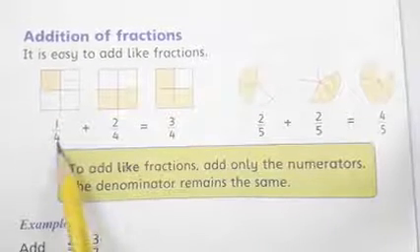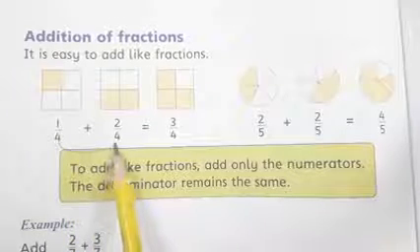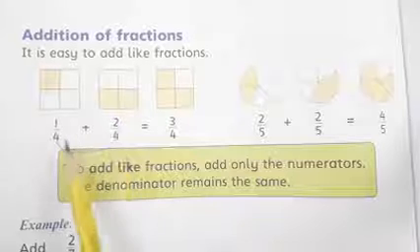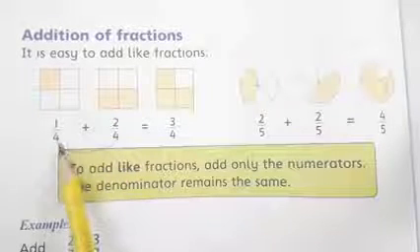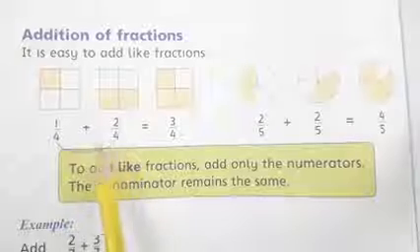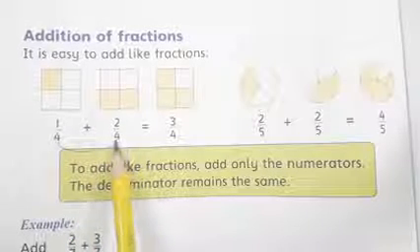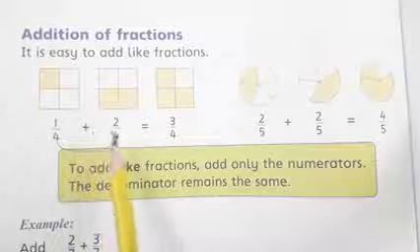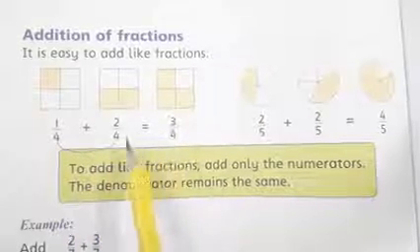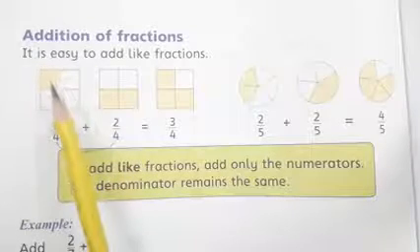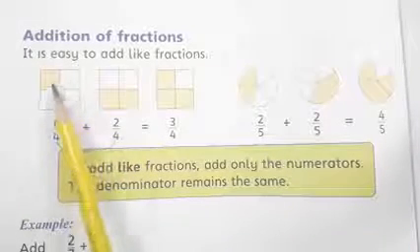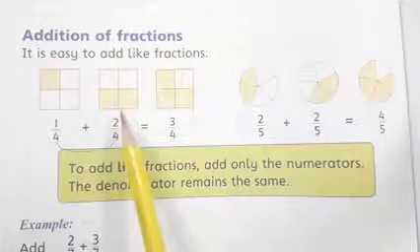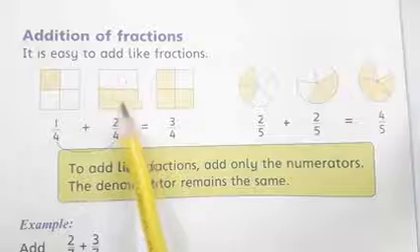Students, both of these are denominators. If the denominators are the same, like 4 and 4, it is a like fraction, and if the denominators are different, it is an unlike fraction. As you know, this fraction is 1 and total are 4, 1 by 4, and if we multiply it, this is 2 by 4, 2, and total are 4.